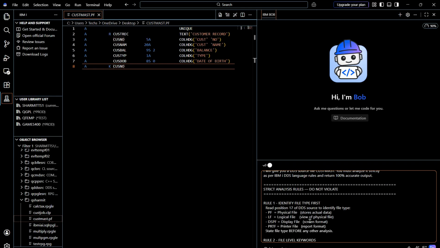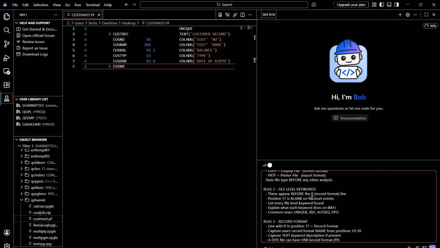You can write the things in a proper language so that it will understand and do your work. Okay, second rule says file level keywords. These appear before the R record, that is the record format line. Position 17 is blank on the file level entries. List every file level keyword found. Explain what each keyword does on IBM, and here I have provided some common file level keywords that include unique,